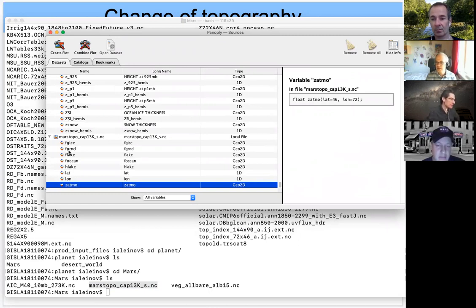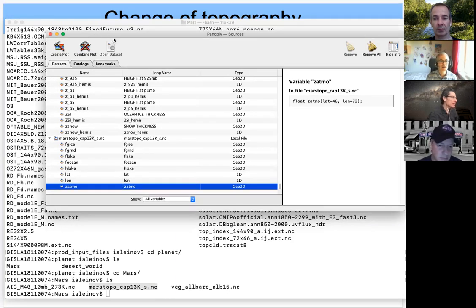And here what you see in the Panoply window is the contents of the file. Those are fractions of different surface types, FGIs, this is ground ice, ground fraction, lake fraction, ocean fraction, which is 0 for Mars, height of lakes, latitude, longitude, which are just coordinates, and the atma is the most interesting thing. So if I just, actually I have already drawn it, but if I do it again, if I just double click, oops, what's going on? Why can't I? I guess it interferes with